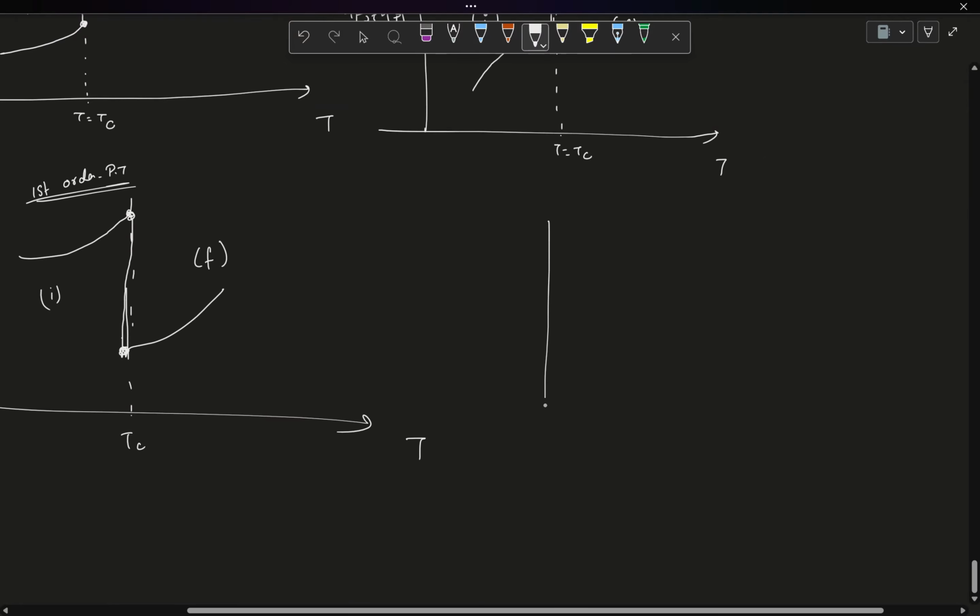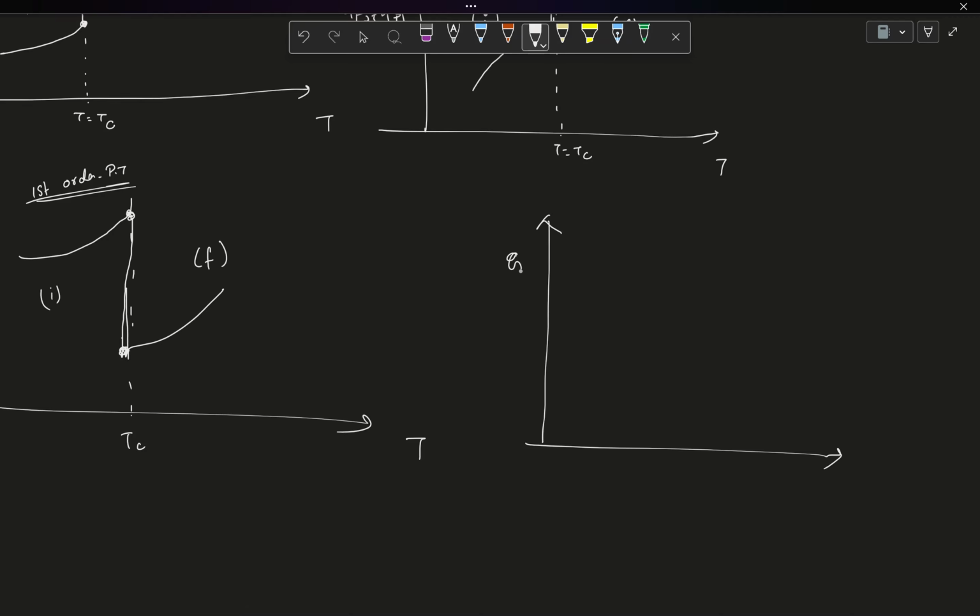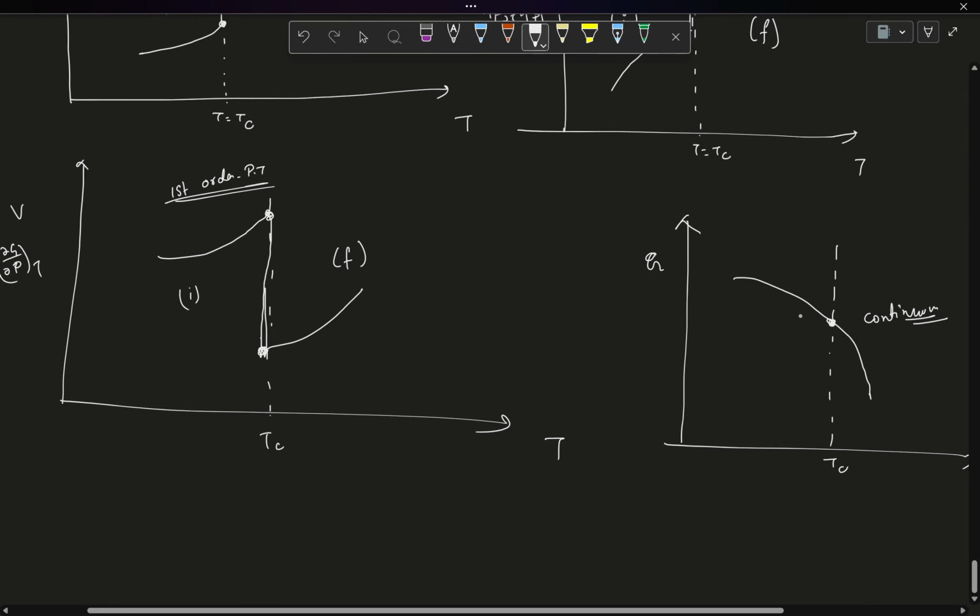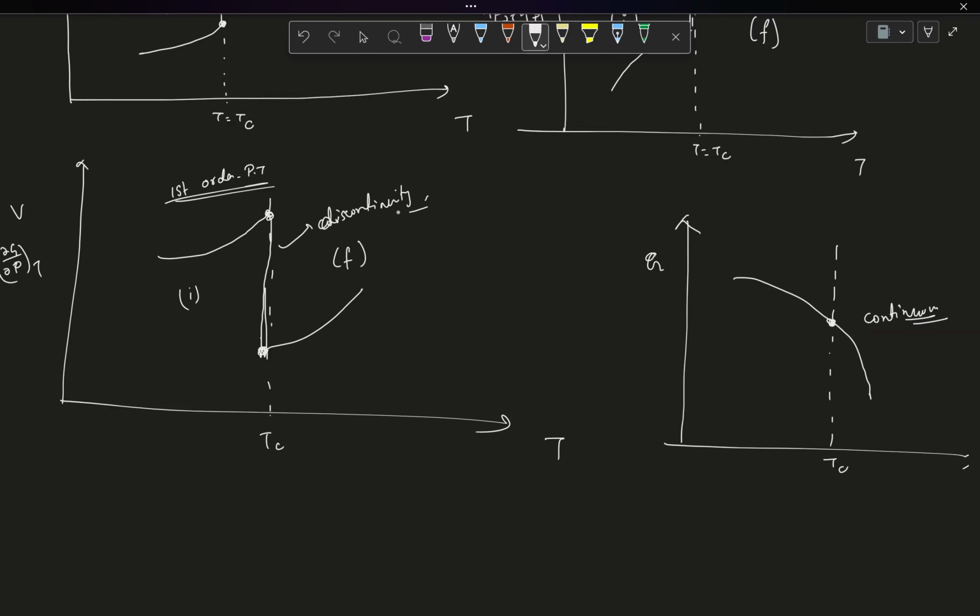And finally, for first order phase transition, if you ask what the Gibbs energy G will look like, G versus T if you plot, that will be simply continuous at the phase transition point, right? Because the first order derivative is discontinuous, but the Gibbs energy is showing no discontinuity at the phase transition point. But volume and entropy are showing discontinuity right at Tc, because they are the first order derivatives defining